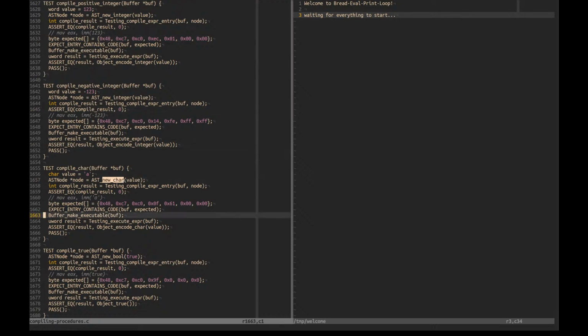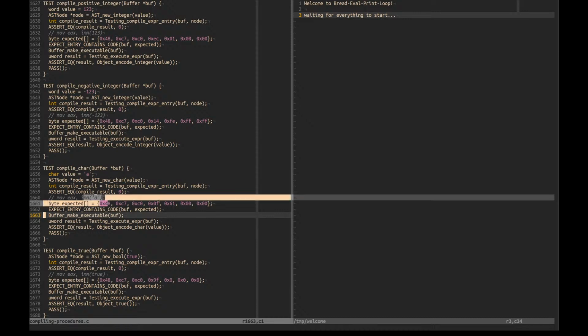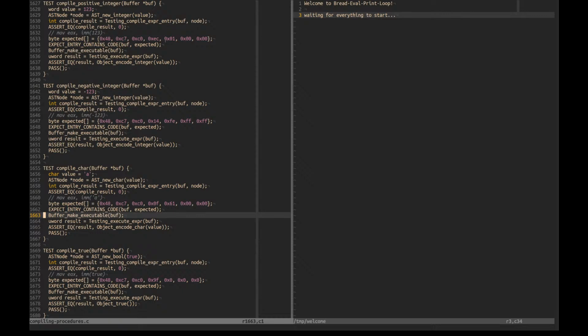Compiling characters: make a new character, compile it. It should move the immediate representation into RAX. So for integers, that is